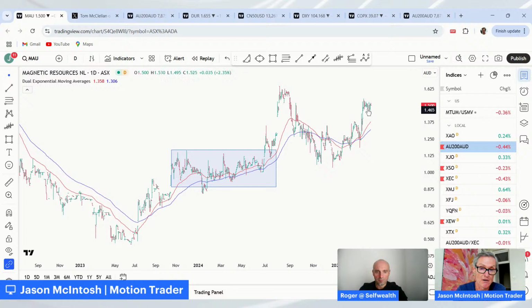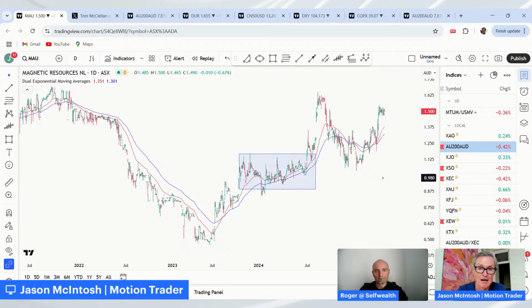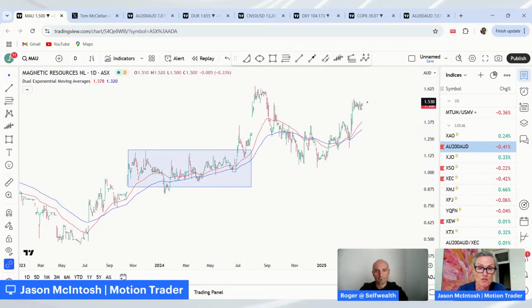Not far from current levels, not far from the recent highs. So the pullback's being underpinned. If I had this, I'd be very happy holding it. Could even consider getting some at current levels, because often a strong rally into a tight consolidation often resolves to the upside. So it's one of those which I could even consider buying in the current environment. It's gold related, and of course, most things gold are running at the moment. So certainly a more speculative play to consider.